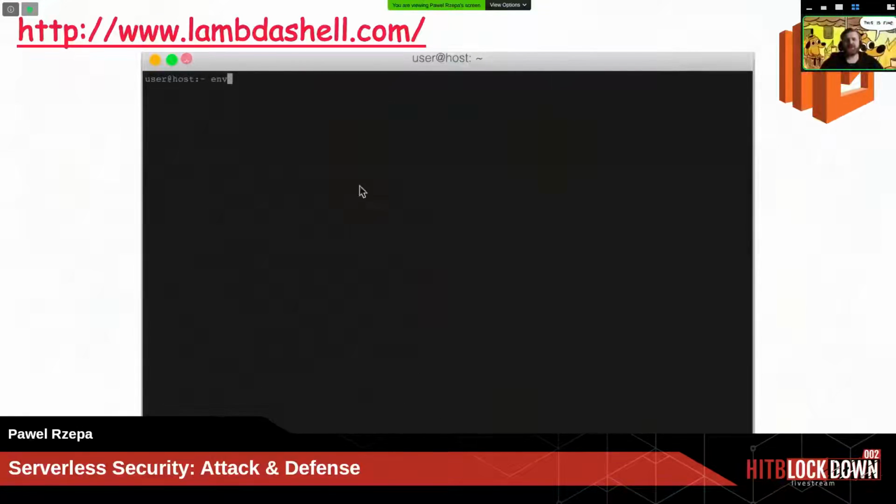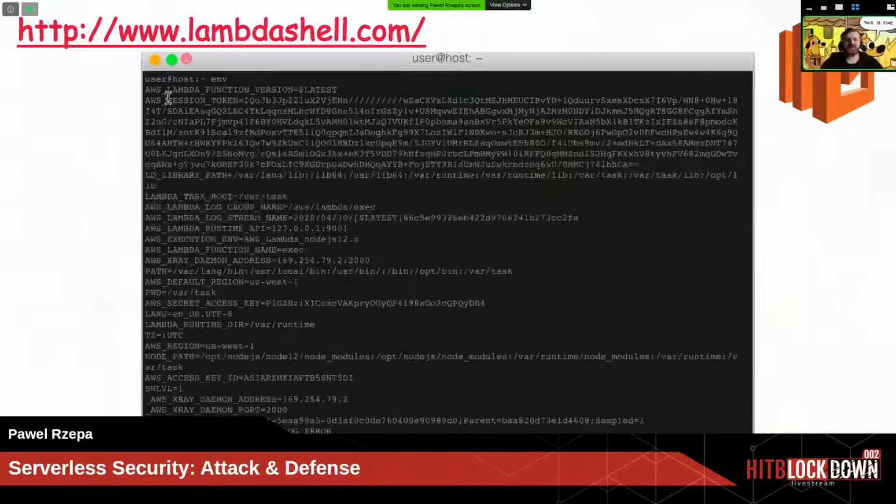But what is more interesting from the security point of view are the environment variables, because there are all the secrets in plaintext, as well as the AWS access keys to the execution role that is attached to this particular Lambda function. So every instance of the Lambda function requires a role with assigned permissions, which is called the